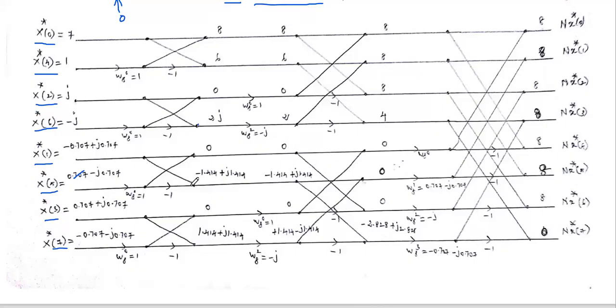Similarly, 0, then minus 1.414 plus j 1.414 appearing here. 0 is appearing here. Then this data is multiplied with minus j. So we get 1.414 minus j 1.414. Then j into j, minus of minus is plus. So it is converted into 1.414 minus j 1.414. Okay. So the input applied to the second stage is calculated.